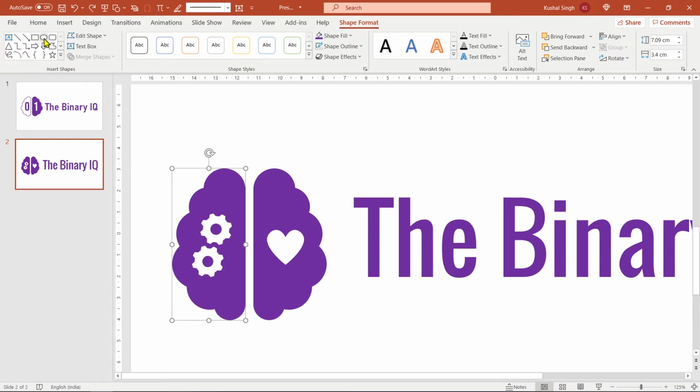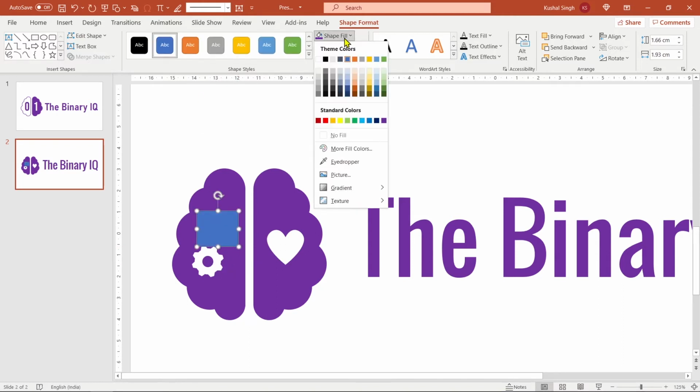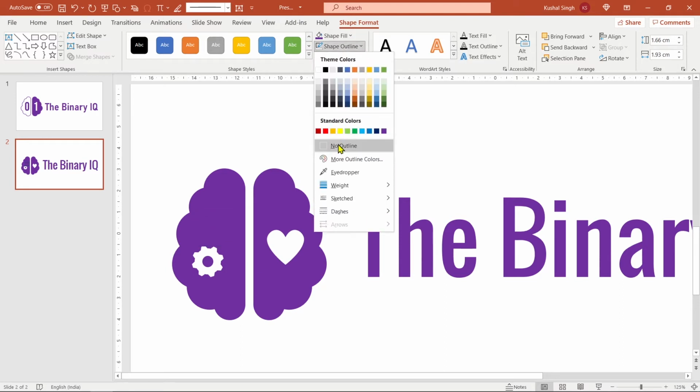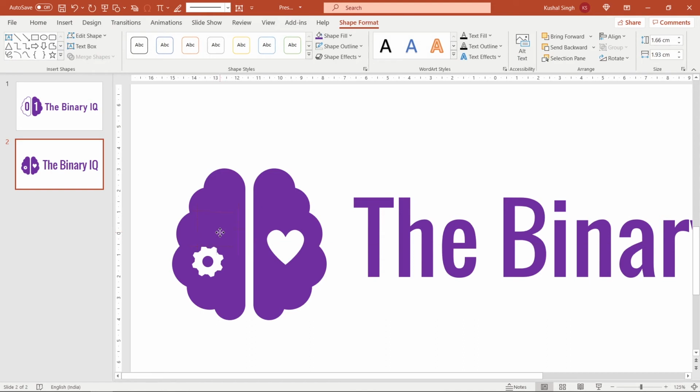However, if I quickly draw a rectangle right over this, so let me just draw it over this cog only, change its shape fill to match the fill, and let's move the outline to no outline. So now you cannot see it, but it actually exists. However, if I choose this as well as I choose this graphic and I select on this merge shapes and click on union, you can see the common areas get united.